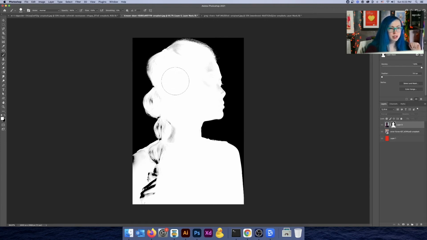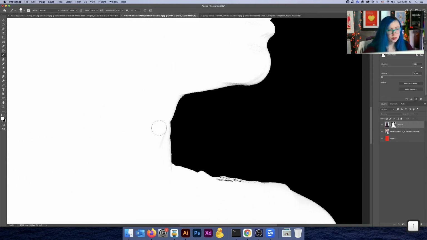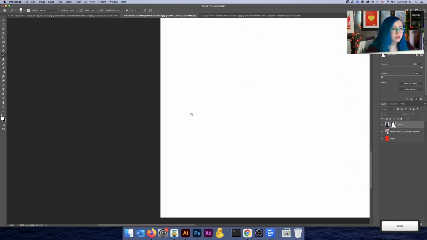Something relatively defined. And I'm just going to quickly go through and do my large brush strokes out in this view. I know for sure everything over here can be masked out. And again, remember that our goal is to make sure that none of the background is showing through her. So let's just select, zoom in, really get in there. And you don't have to get it perfect.